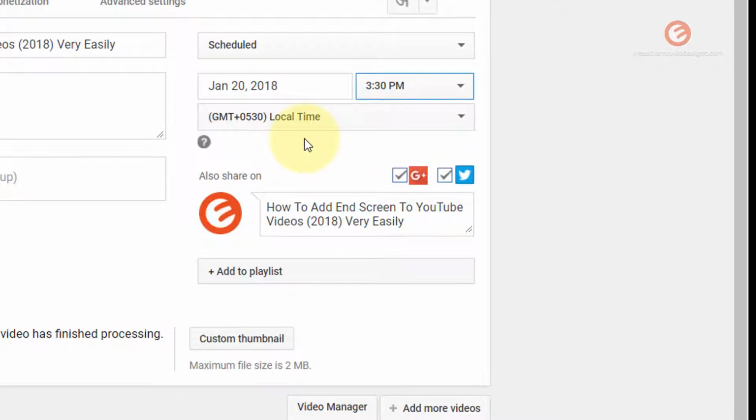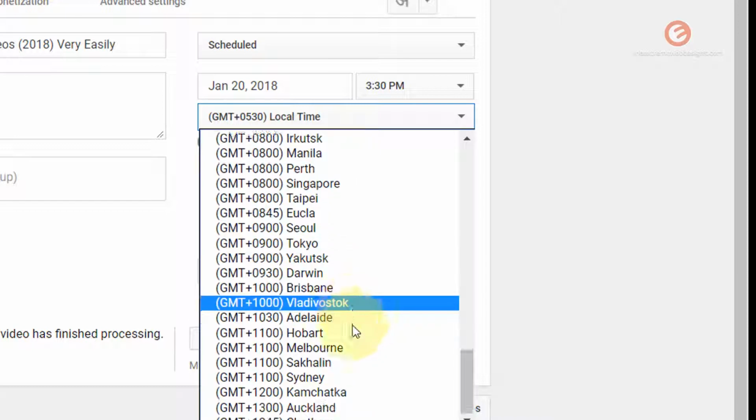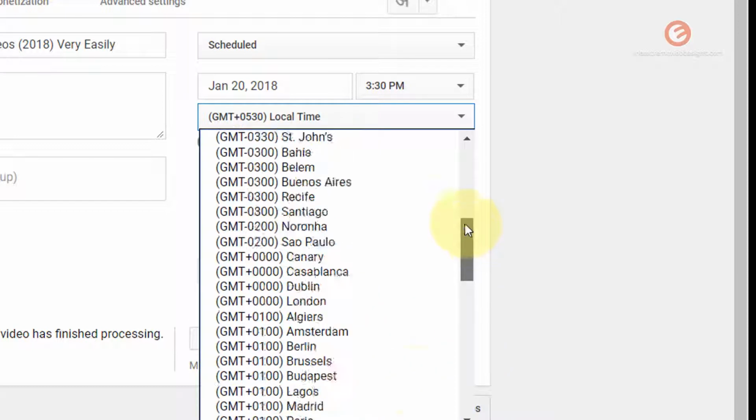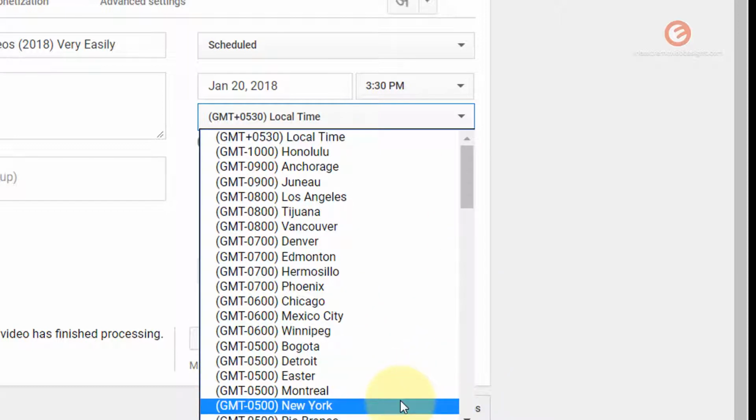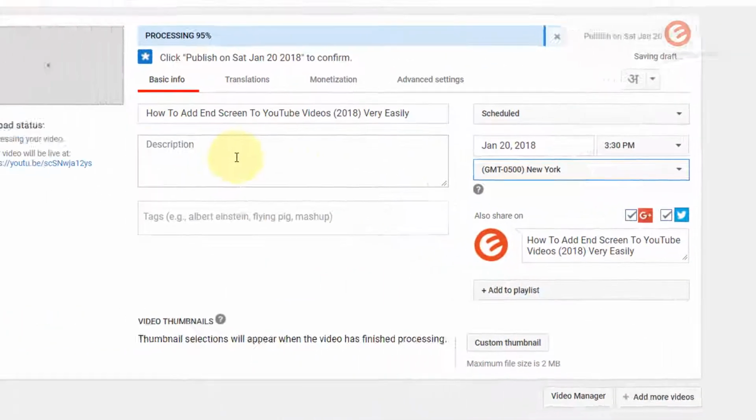So if you would like to schedule the video to post in another time zone, you can change that option by selecting from one of these drop down options available over here. So let's say you want to post it at a New York time. You can select the GMT-5 option over here and let it highlight the New York option,